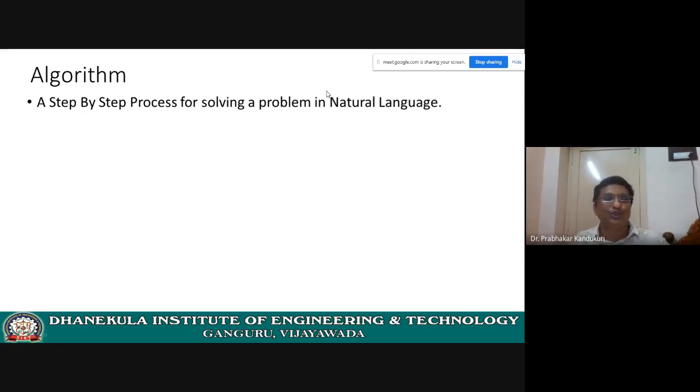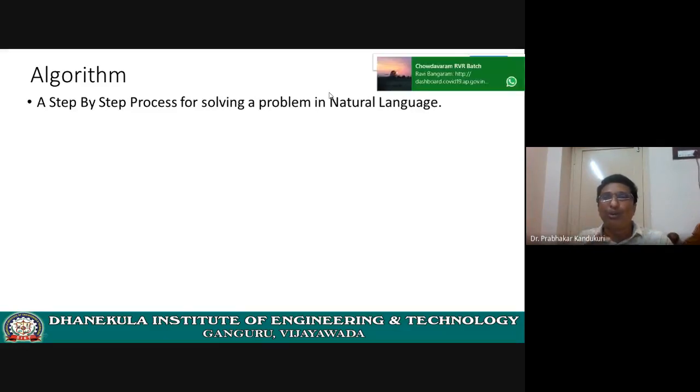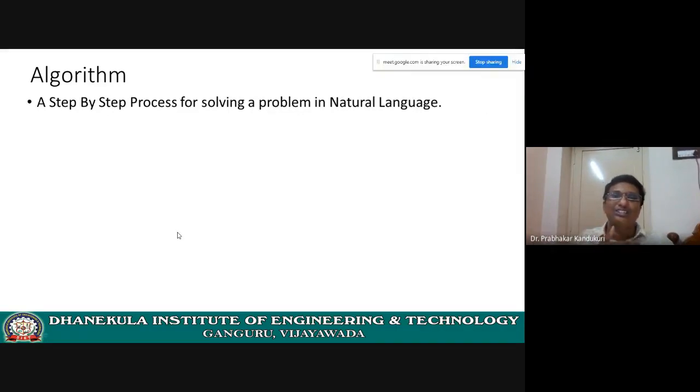First we take the problem, that means we take the client requirement. We understand the client, take the problem from the client, and decompose the problem into n number of sequence of steps. Those n number of sequence of steps are divided into n number of